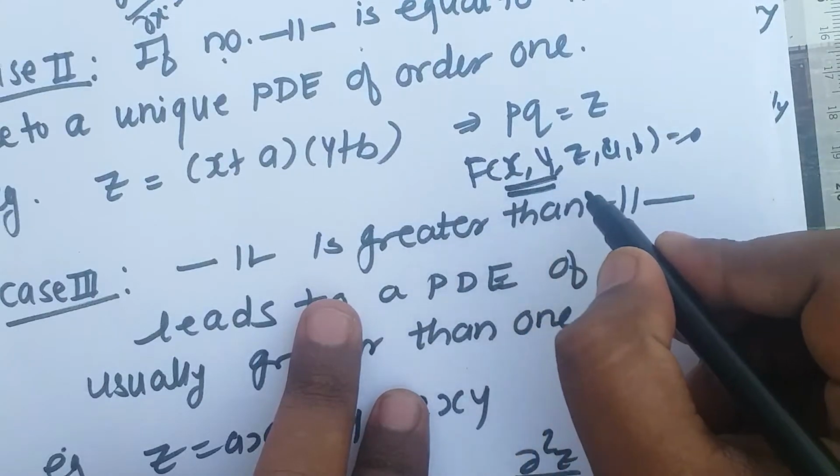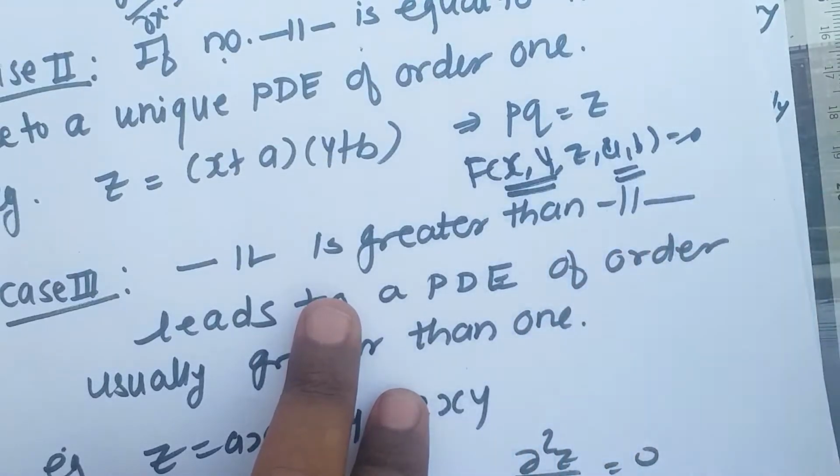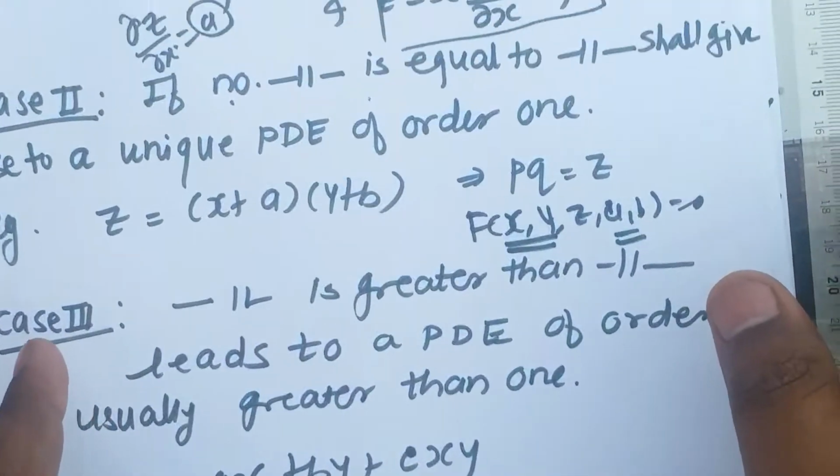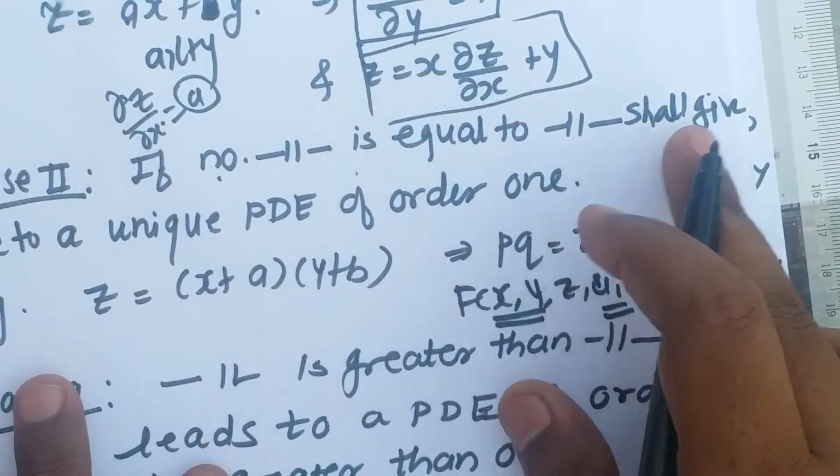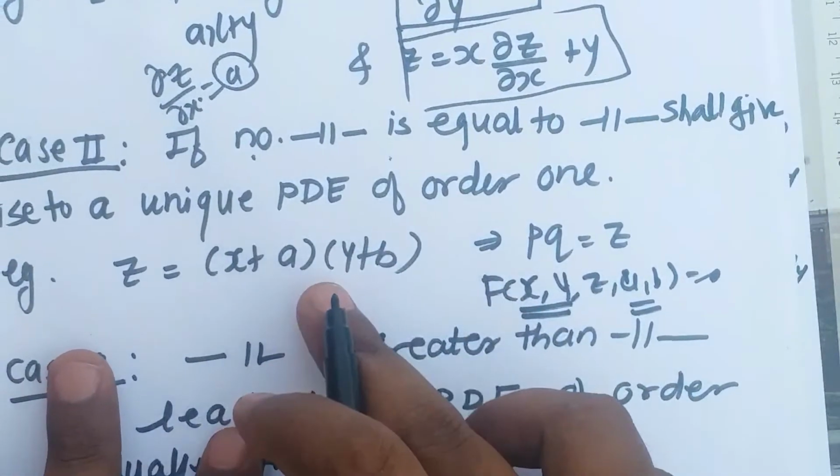Here the number of independent variables is 2, that is x and y, and the number of arbitrary constants is also 2. So whenever these numbers are equal, that relation shall give rise to a unique